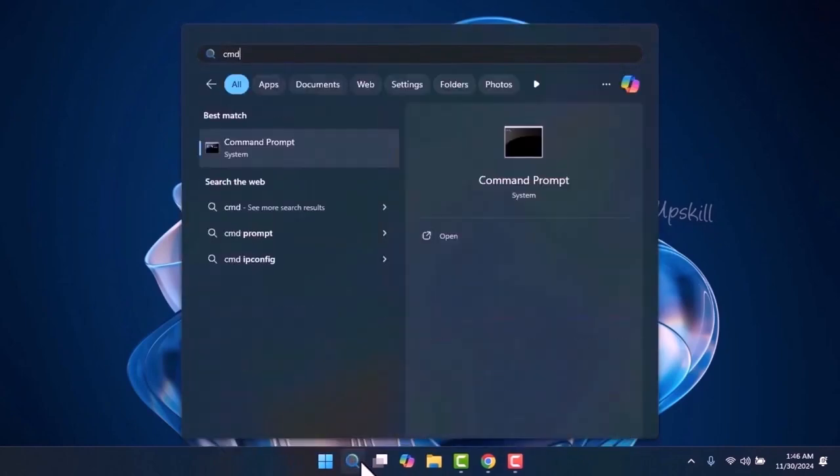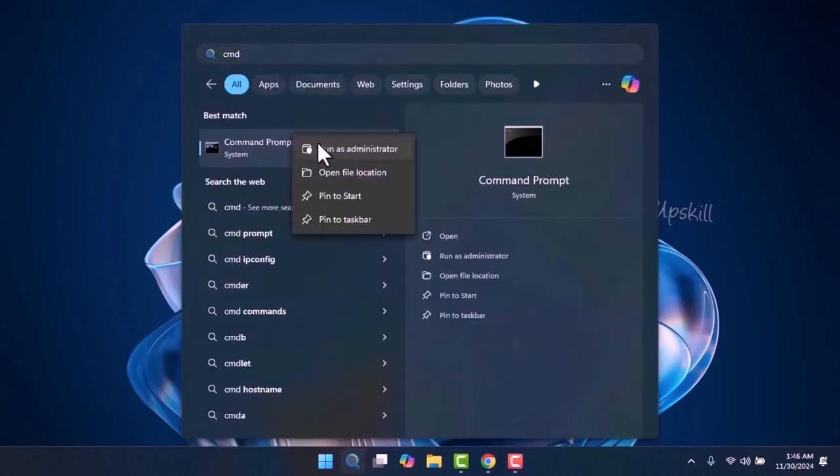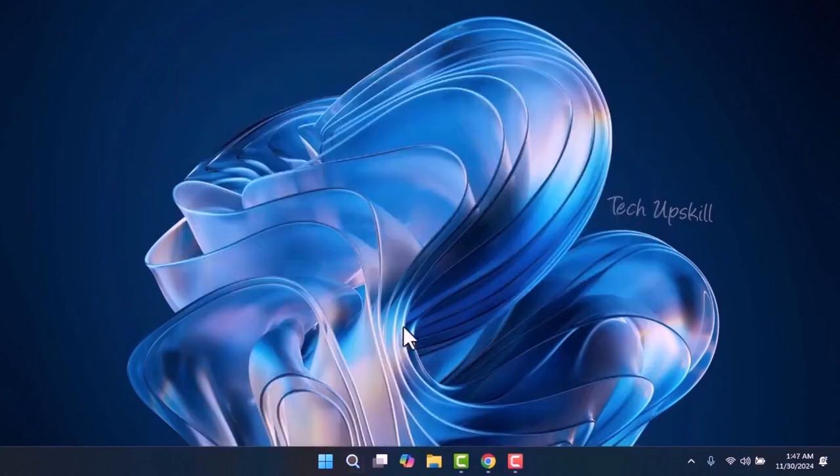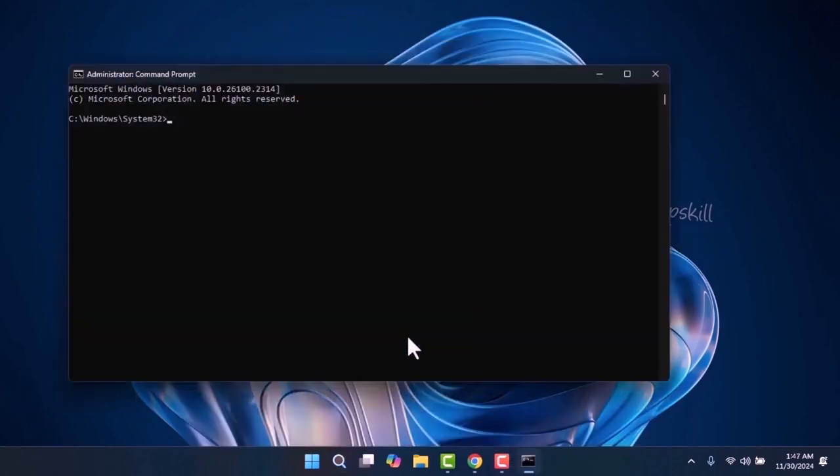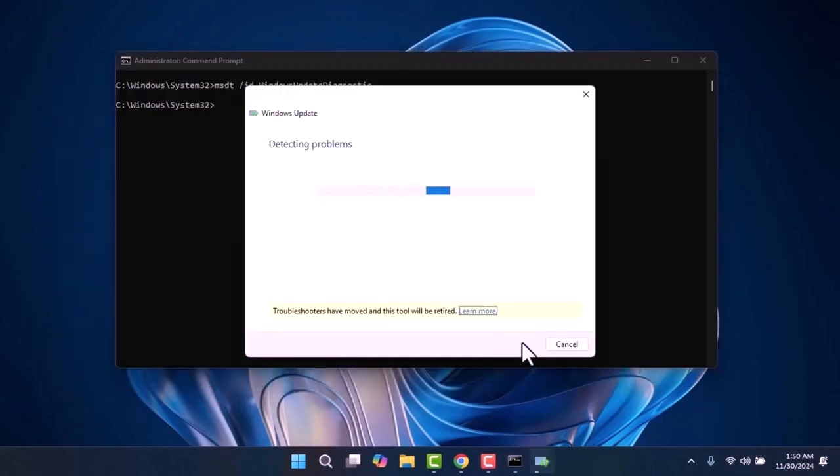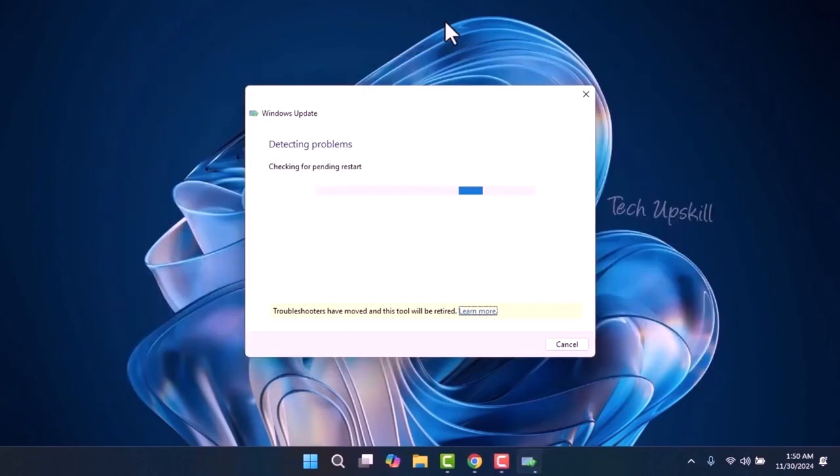Open Start menu and type cmd and run as administrator. Then write this command msdt /id WindowsUpdateDiagnostic, which I will leave in the video description. Click Next to allow the system to automatically detect and fix any issues. Once the process is complete, restart your computer and try updating your PC again to check if the problem is